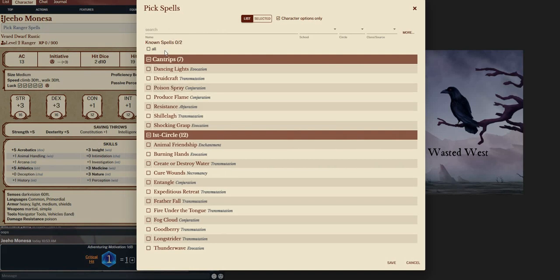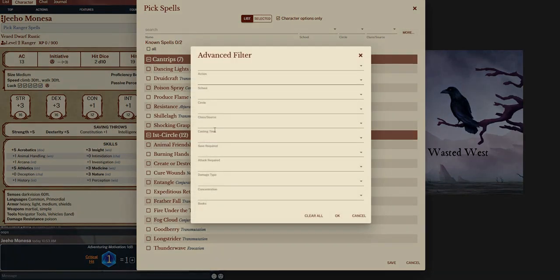Boom. Here are the ranger spells in terms of my source, right? I have access to a specific source, and that's it. The thing is, this isn't all the spells I could possibly choose from. We know that D&D 5e has so many spells, and I have access to those spells if I go to more, right here, and then I scroll down to